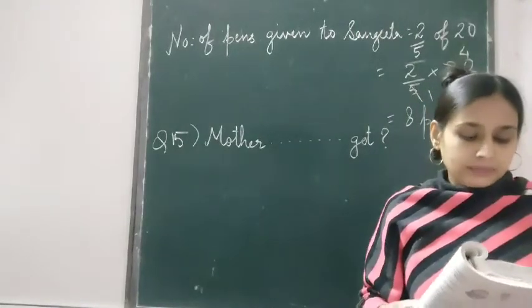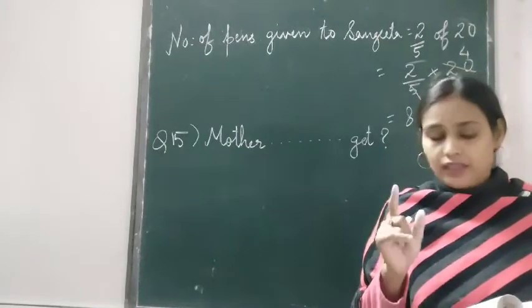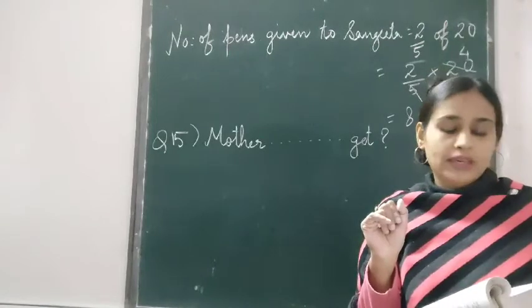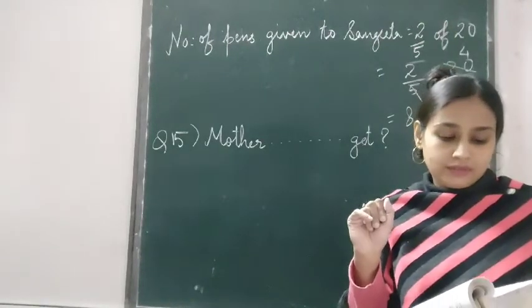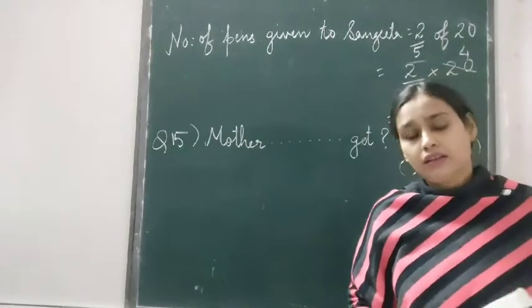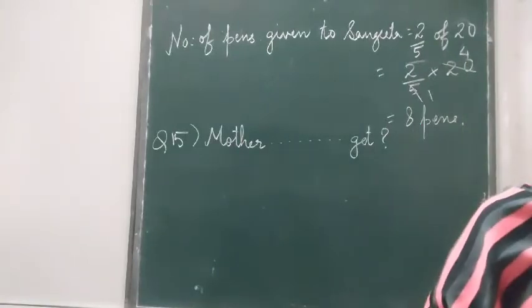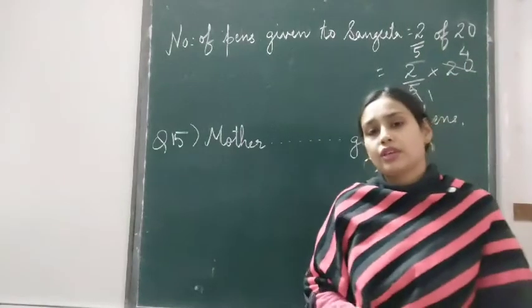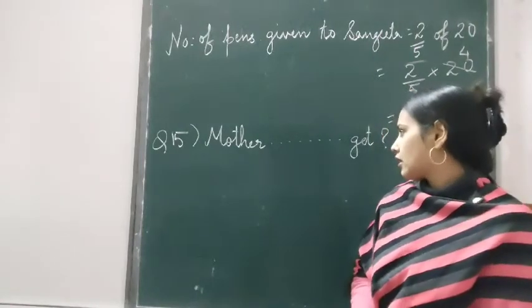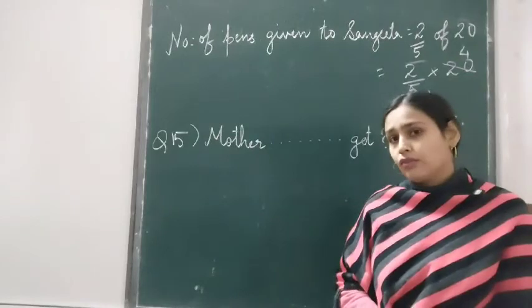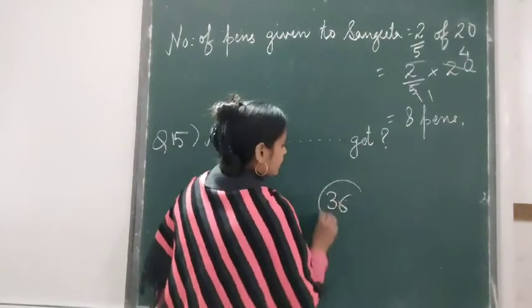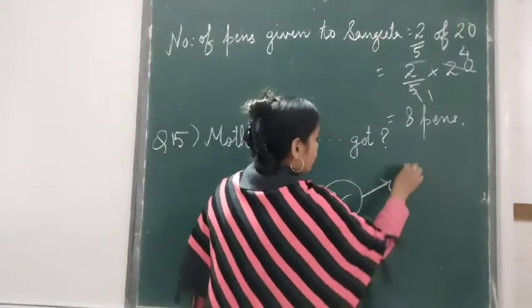So, if the age of Shreya is 15 years and the age of Bhumika is 12 years, find how much will Shreya and Bhumika get. So we have to find the amount which will be given to Shreya as well as to Bhumika. Okay children, so let's start. First thing, we have to divide this rupees 36 in the ratio.